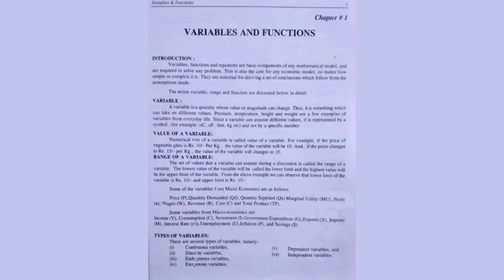Now we are going to move to the types of variables. These are the types of variable, but these are not complete types of variables. कुछ types हैं जिनको हम इसमें शामिल कर रहे हैं और बहुत सारी ऐसी types हैं जिसको हम with the passage of time discuss करते रहेंगे. Now please see there are almost 6 types of the variables. Number 1, it is continuous variable. Number 2, it is discrete variable. Number 3, it is endogenous variable. And number 4, it is exogenous variables, dependent variables, and independent variables.